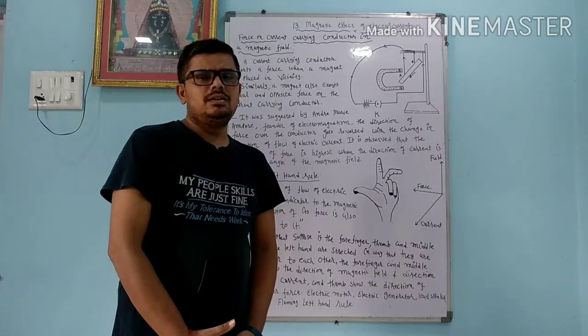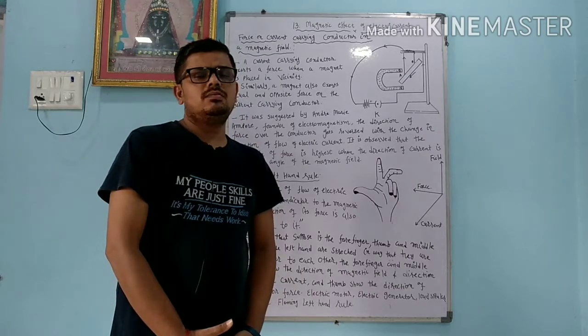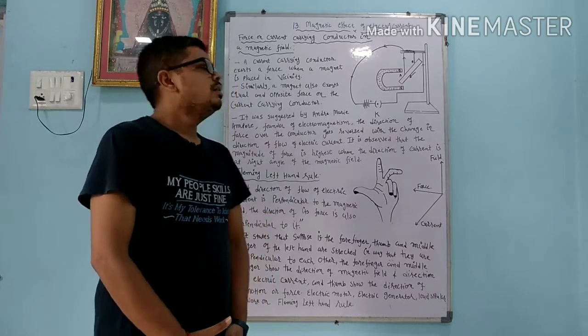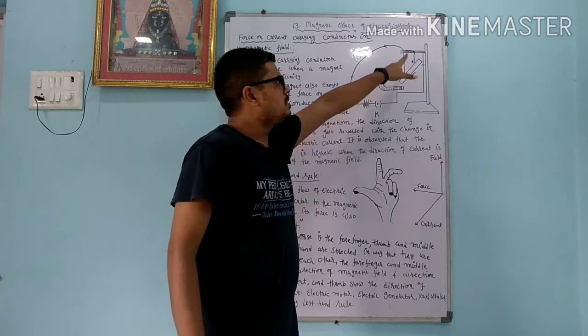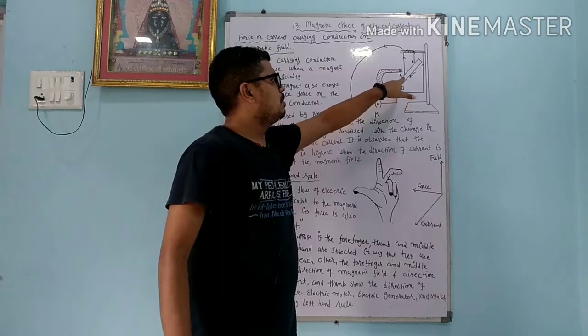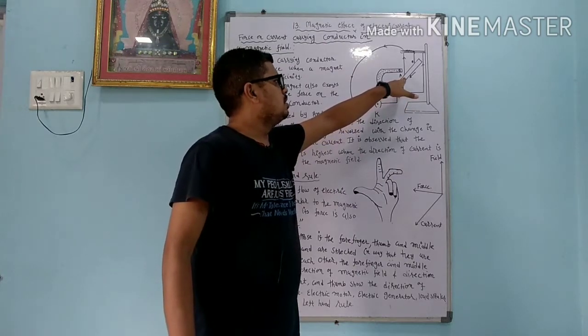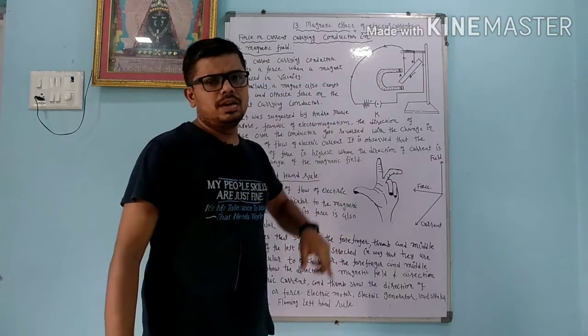One electromagnet comes in contact with the horseshoe magnet or bar magnet, then what happens, that we are going to study. Here we have one metal strip, that is AB, and it is connected with the battery. As we connect it with the battery, what happens? When we switch on, this metal strip or metal rod acts as an electromagnet.